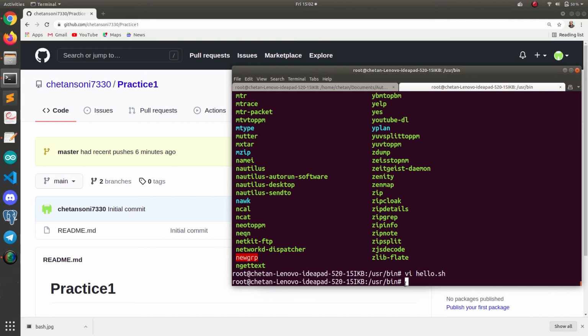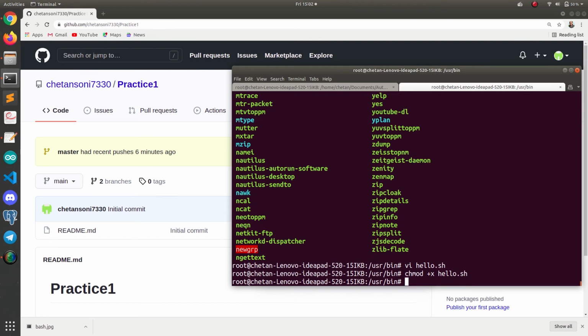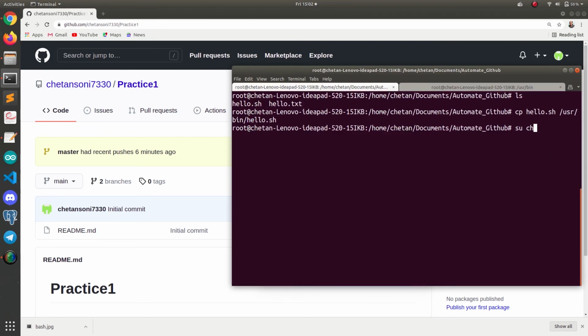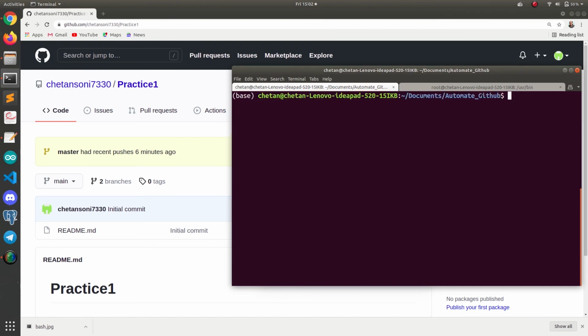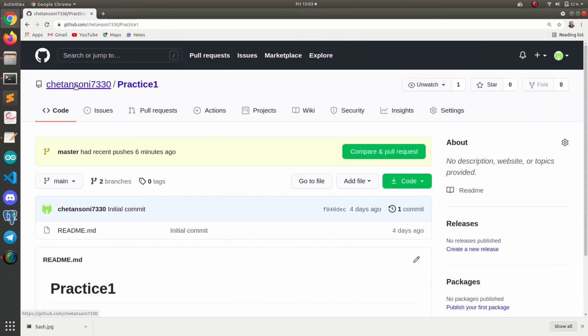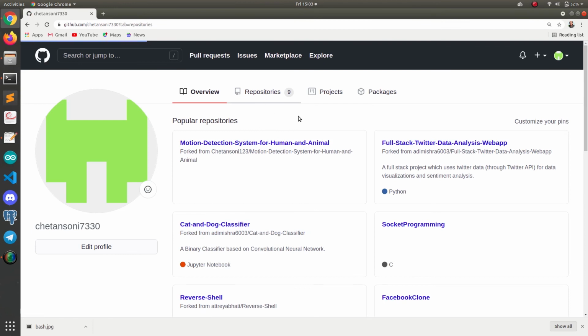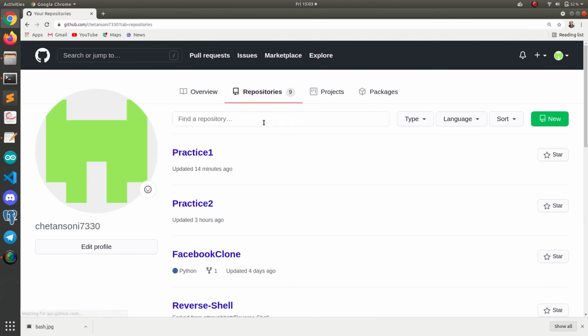And then after that, just give permission to this file, executable permission. So chmod +x hello.sh. So we have also given executable permission to this. Now let me go again to the Chetan user. Now I just have to run this hello.sh command, just this command, to push my hello.txt file to both of these repositories at the same time. You can see, guys, how easy it becomes. We have converted those tedious tasks into very time saving tasks.